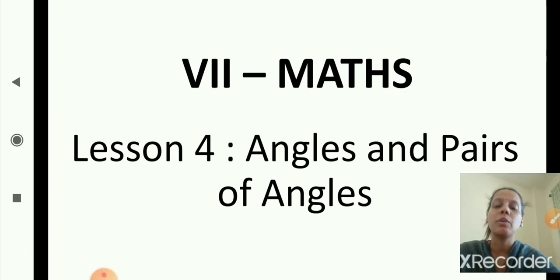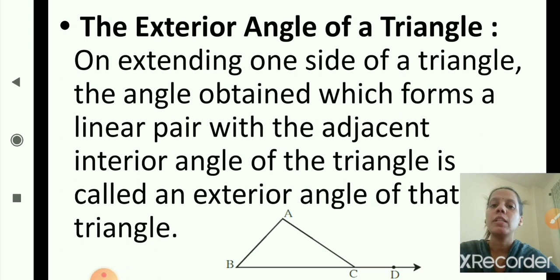Now today we'll start with practice set 21. Before that we'll see the concept of the exterior angle of a triangle. What is the meaning of exterior angle of a triangle? On extending one side of a triangle, as you can see here in the figure,